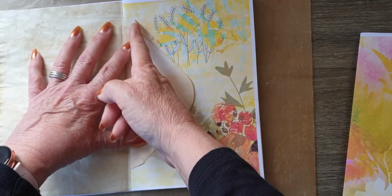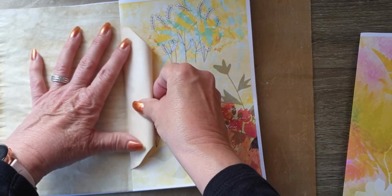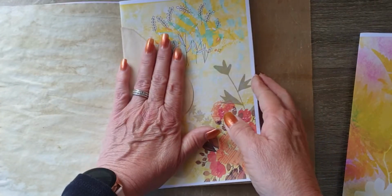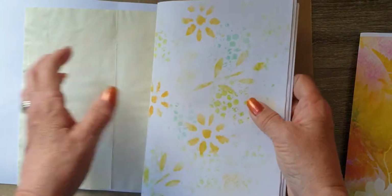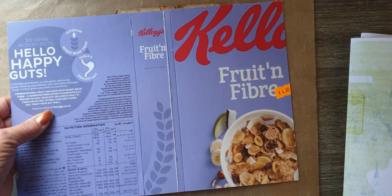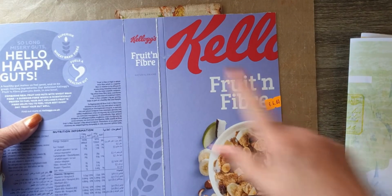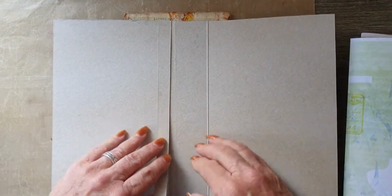So normally what I do is I cut them off, but I think I might decorate that somehow and make a tuck spot, because I quite like that. I like it against that, and I like it with that. That one hasn't got an envelope inside. And I did make the spine smaller. I made it, I think it was 1.5 inches. Yep, 1.5 inches. And I just creased down that, and I put, that needs re-sticking, and that just goes over